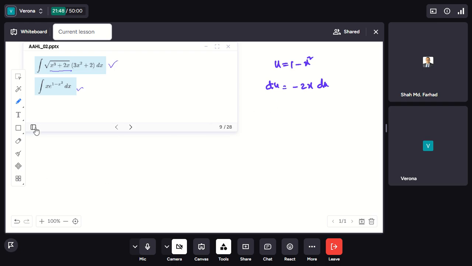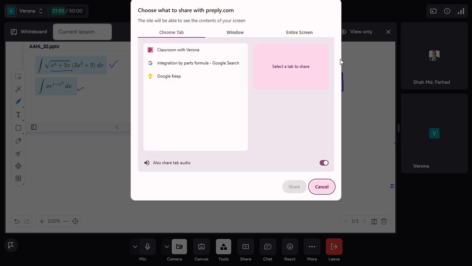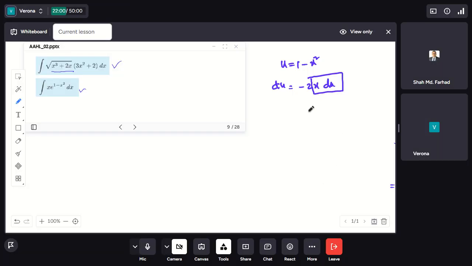So we need here x dx, right? We need here x dx. So it will be x dx equals to negative 1 by 2 du, right? Now if we substitute, then here we have